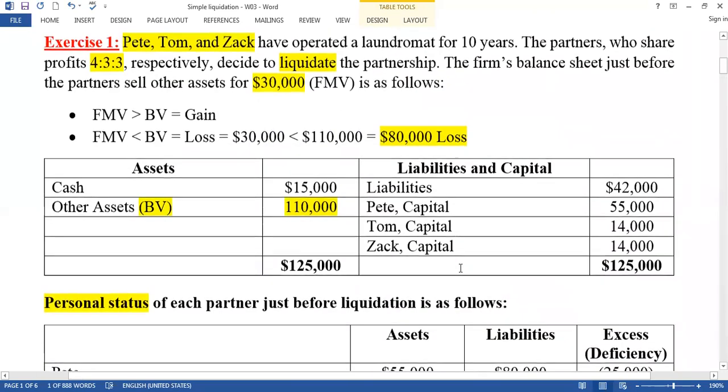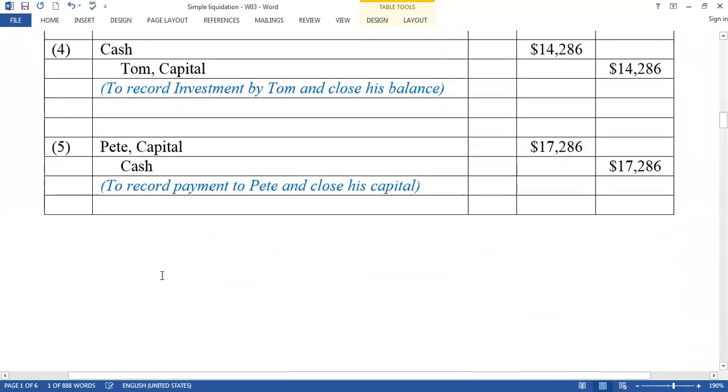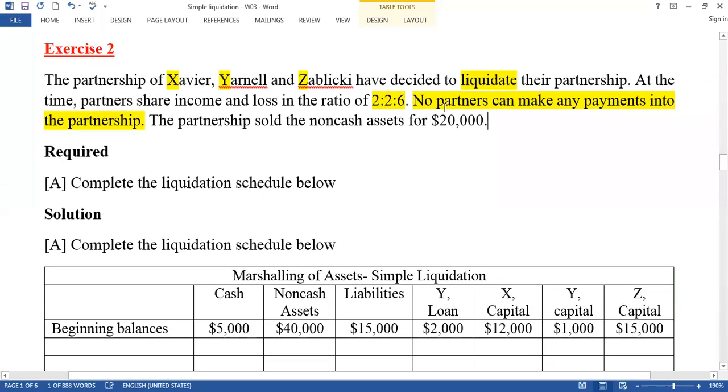So the previous question said that some people have the ability to bring personal cash if there is any capital deficiency, right? But exercise 2 said that no person can make any payments to the partnership. That means, what is the meaning? The meaning is